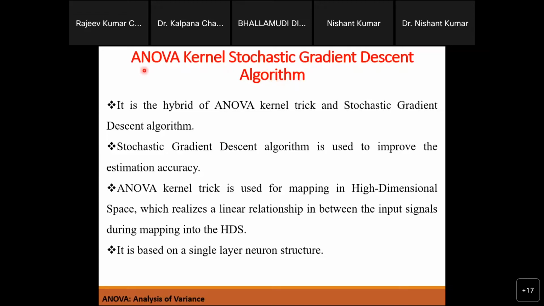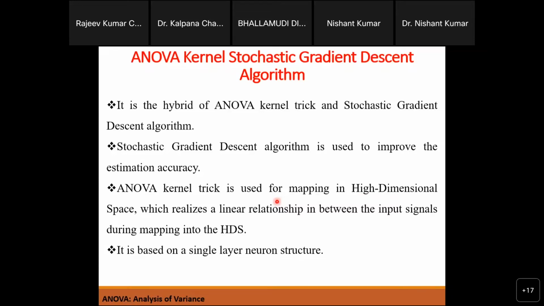So this is your single layer neuron, and here I have used the ANOVA kernel trick. This ANOVA kernel trick is mainly for the mapping. Mapping means this filter will work as adaptive. Adaptive means, according to the error, we will map and predict the error. We are not only predicting the next stage requirement, we will also predict the errors. If we are capable of predicting the error for the next step, then our updating will retune, meaning we retune according to the predicted error also.